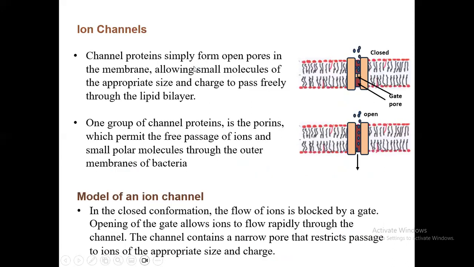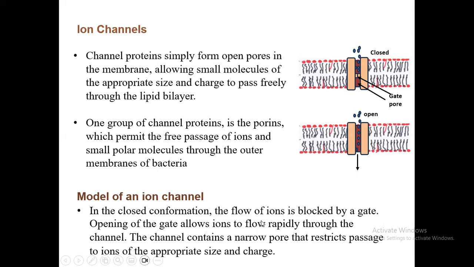The second type of proteins that allow transport of different molecules are the channel proteins. The channel proteins simply form open pores in the membrane, allowing small molecules of appropriate size and charge to pass freely through the lipid bilayer. One group of channel proteins is porins, which permit free passage of ions and small polar molecules through the outer membrane of bacteria. So here we have a representation of a model of an ion channel,